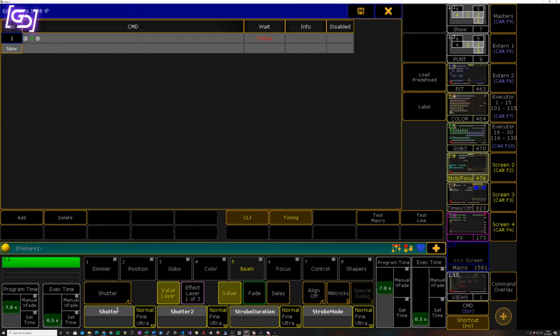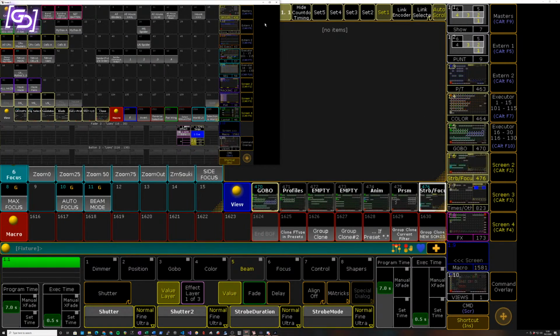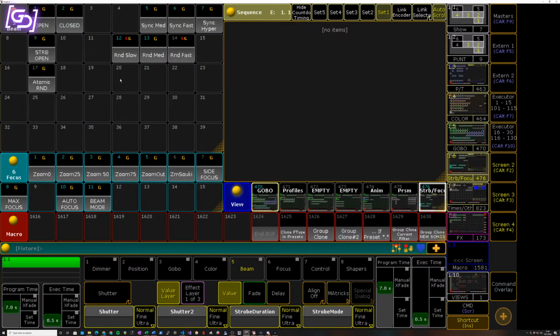I understand the process of keeping these separate, because if you're working in a strobe palette, oftentimes they could be wanting to go, I want this speed but in random mode, and I want this duration, and I fully understand working that way when you're trying to tweak and figure out what's going to look best in that moment. However,